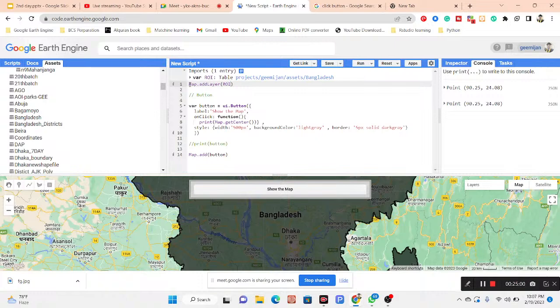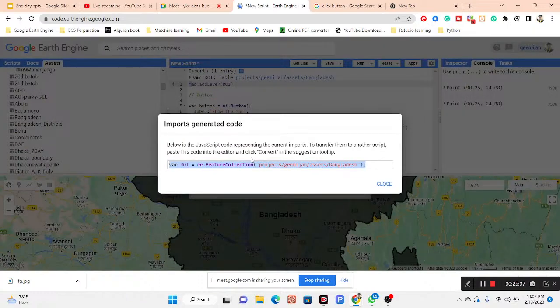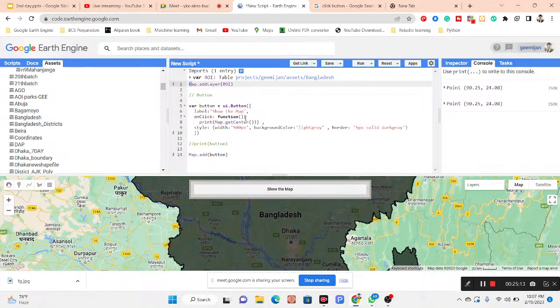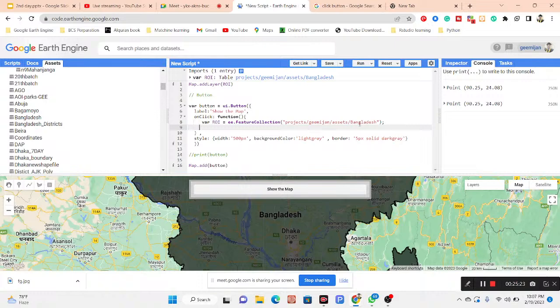It's showing this type of variable. I simply copy this line, and then in the on-click function, you can see I make a dictionary in here. I simply change it. I simply remove this this time, it's not needed, and in this function, I simply add this code, and then also try to add here the display. Suppose map.addLayer